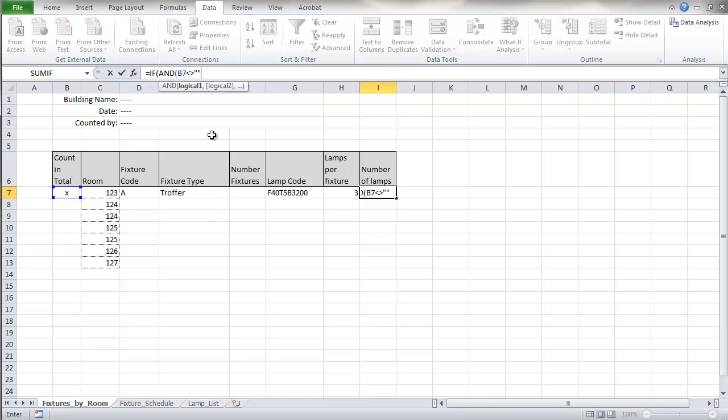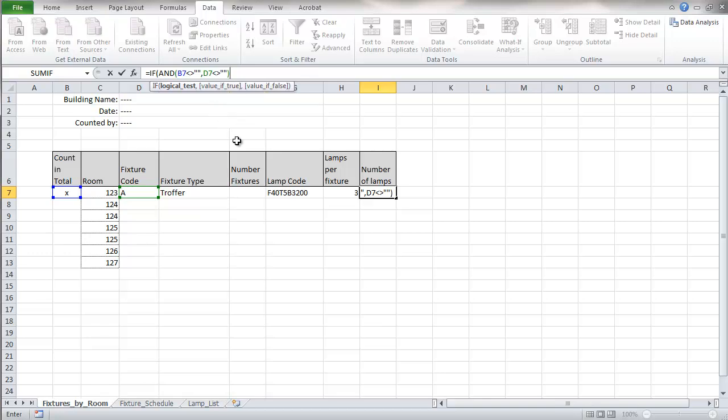And then the other condition that we want here is that we actually have something in here for fixture code, and that is not equal to empty. And so we'll close the parentheses on our AND. And now, assuming those conditions are true,